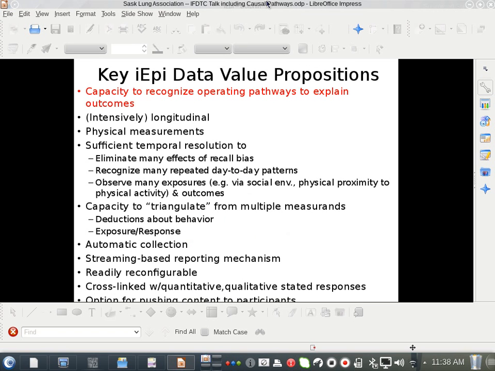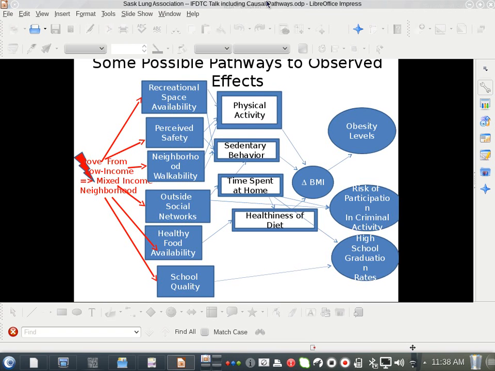So one of the key benefits from this is to use a system like this to delineate the pathways to explain outcomes, particularly outcomes for interventions. I talked earlier about the uncertainty about the particular pathways by which housing interventions affected outcomes, or by which tobacco messaging, for example, affects people's tobacco use behavior. Are the prevalences of smoking lower after the intervention, predominantly because of lack of uptake or better cessation or lower relapse rates? These are things that we can delineate with this finer grained behavior.